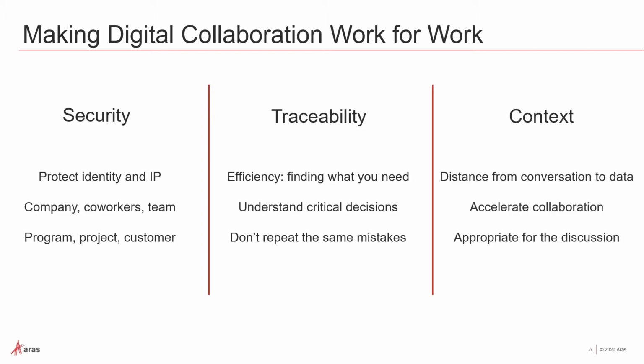And looking across to context next. For me, this is the distance between the conversation I'm having and the data I need to find to do something about it, right? So this is that time it takes me to say, great idea, to my coworker's email or text chat, and then go and look for the work that I need to do. I get so distracted, especially right now. I'm in my home with my family, and the distance from that conversation to the work I need to do can sometimes trip me up. So accelerating the way we work together is really key.